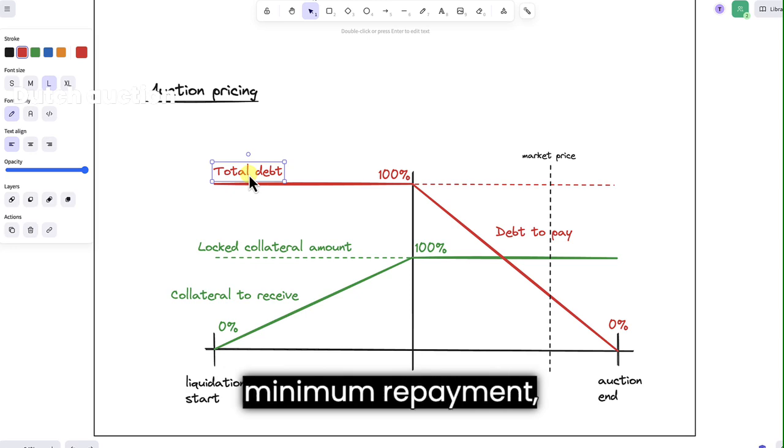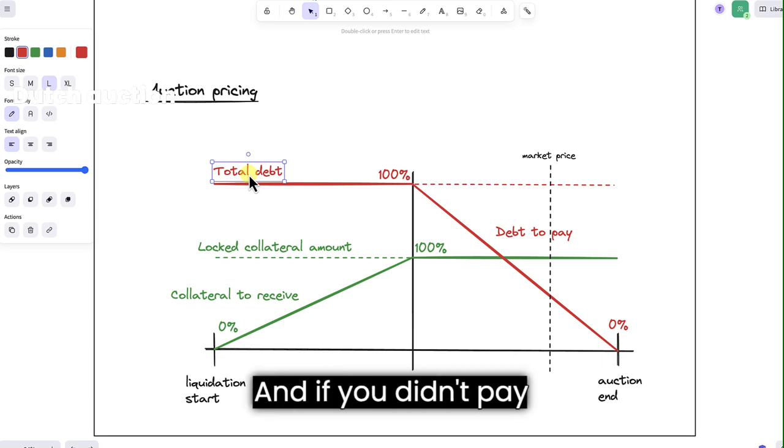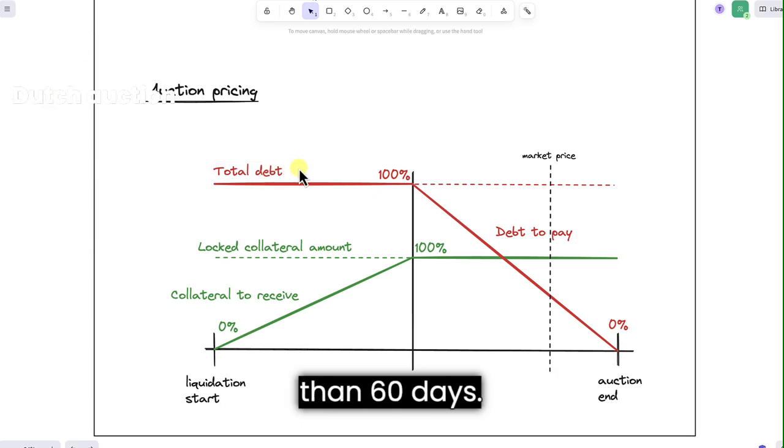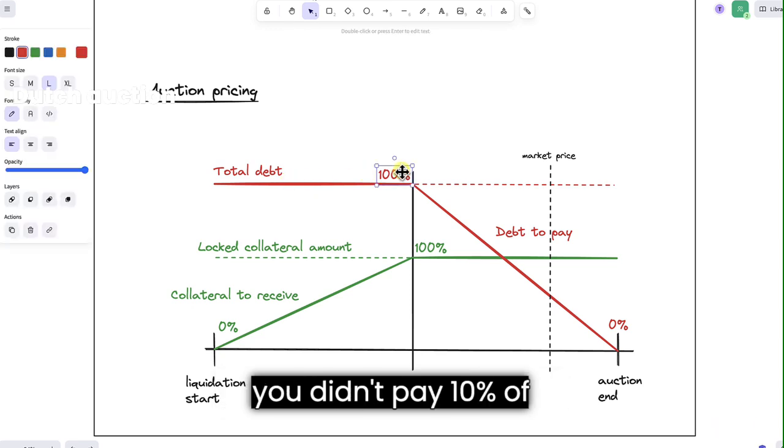So there is a minimum repayment interval, which could be 30 days, 40 days, 90 days. And there is also a minimum repayment amount. For example, 10% of your debt, you have to pay no later than 60 days. So if 60 days passed and you didn't pay 10% of your debt,